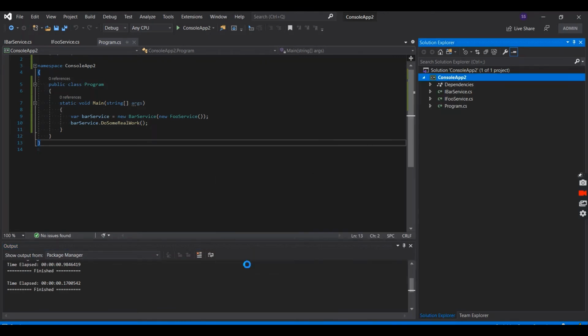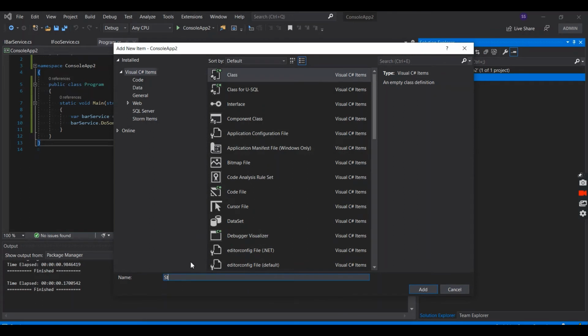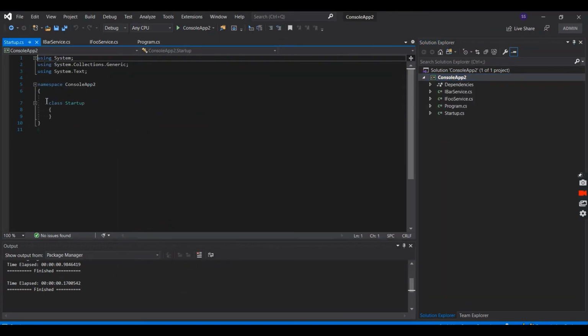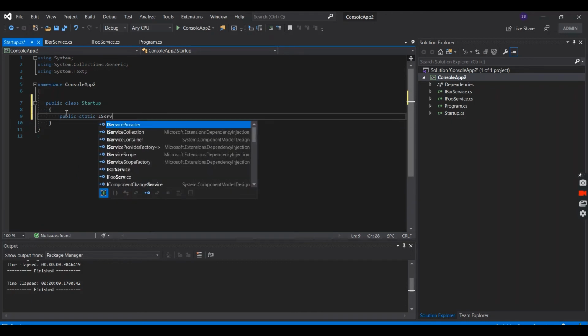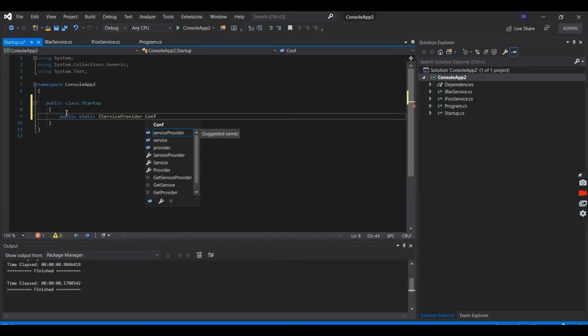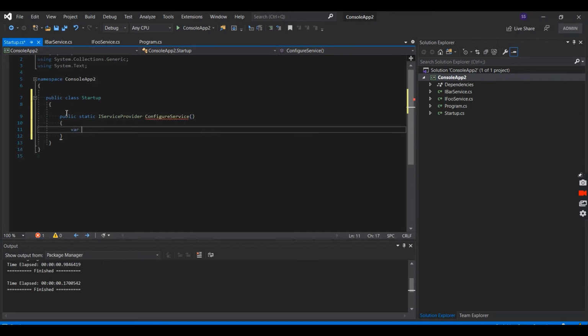So let's create one class that will keep all our dependency. So I name it Startup.cs. You can name whatever you want. Then create one static method that returns IServiceProvider and name it ConfigureService. You can name anything. Okay.